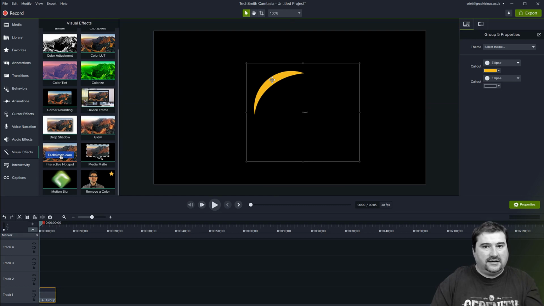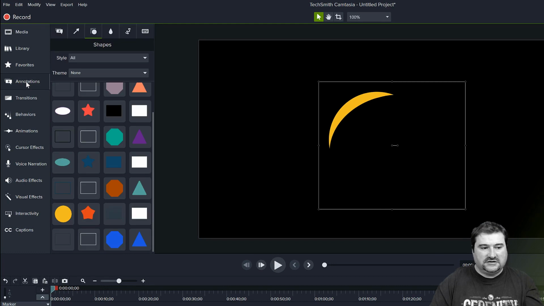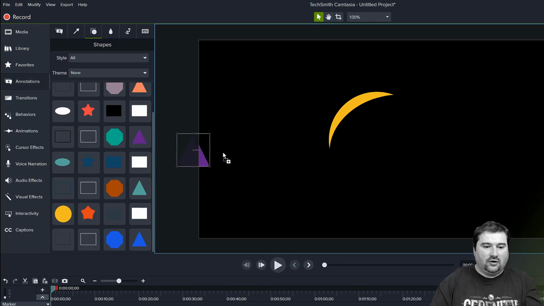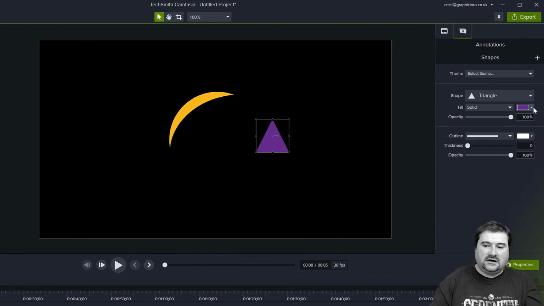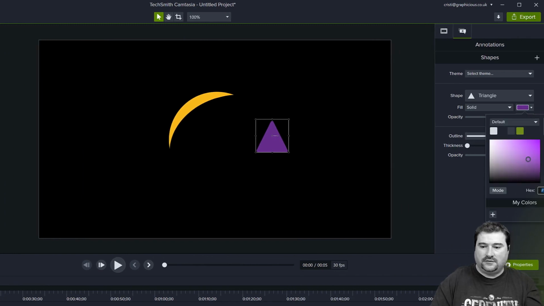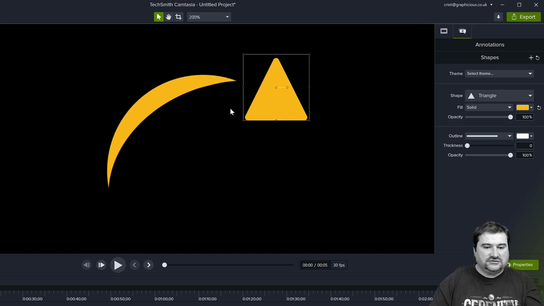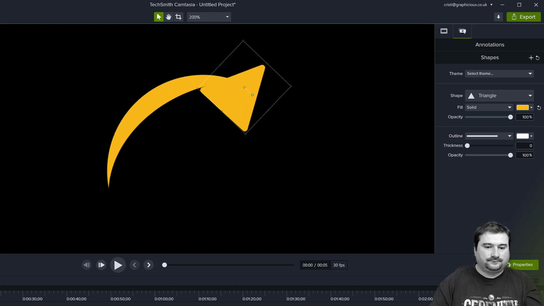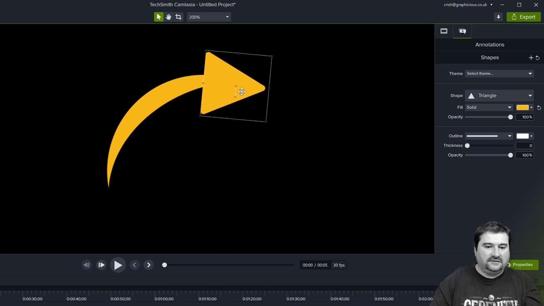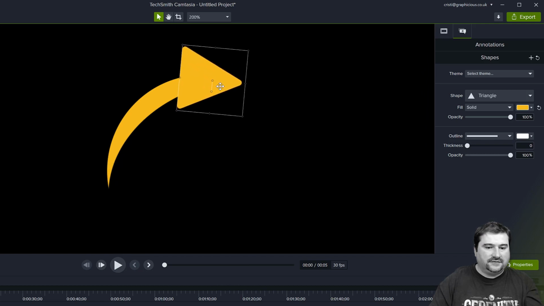You can also add a head for the arrow, and for this I'm going to use a triangle. So let's go back to annotations and drag any triangle onto the canvas, and change the color to match the other shape. I'm going to use the color picker on the color selector and go to the circle there and click. That's going to make the triangle the same color. And now I'm going to zoom in a bit here and rotate the arrowhead like this, place it on the part that becomes thicker, maybe turn it around a bit, and there you have it. That is a nice arrow.